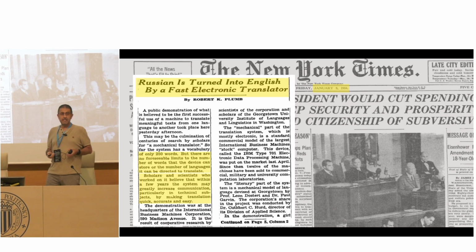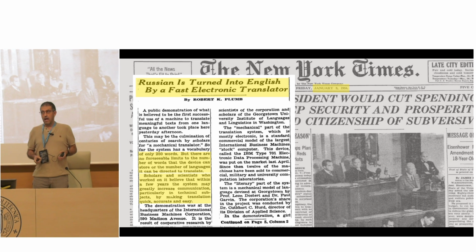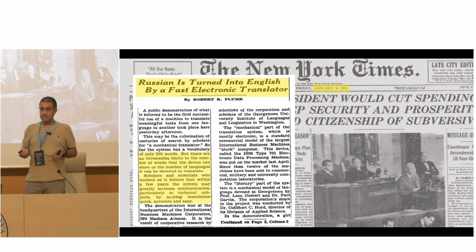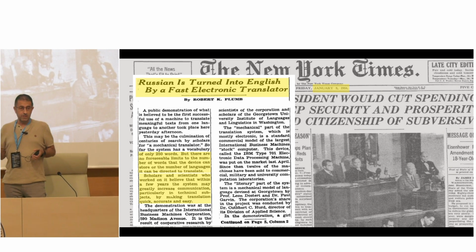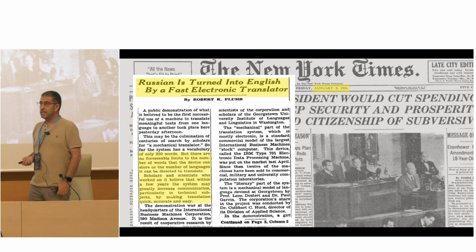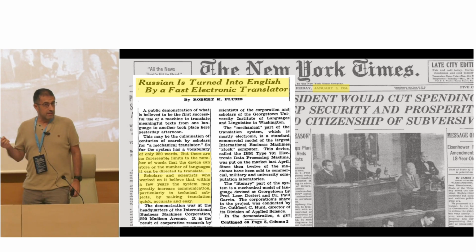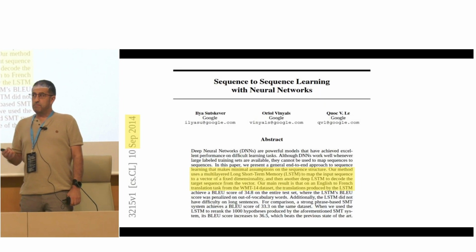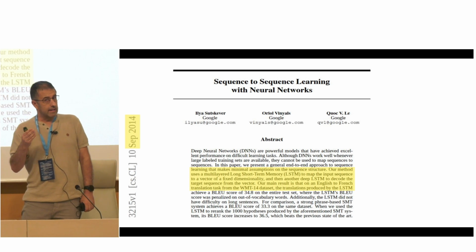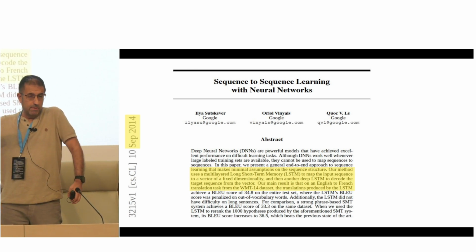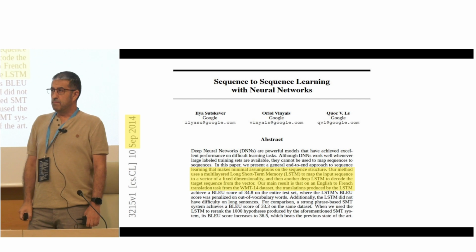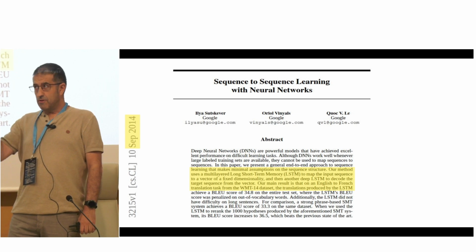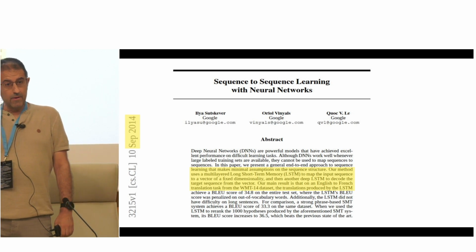Machine translation is a very old technology. Actually, it's more or less linked to the first developments in artificial intelligence. The first machine translation system translating from Russian into English was released almost 75 years ago, right? So this is the newspaper. And the first paper that applied the encoder-decoder architecture, which now is used in basically every neural network model, or most of them, was introduced in this paper, and actually the experiments were dealing with